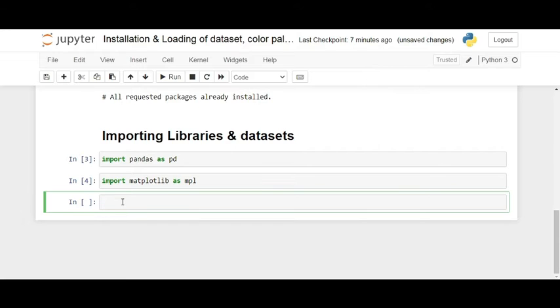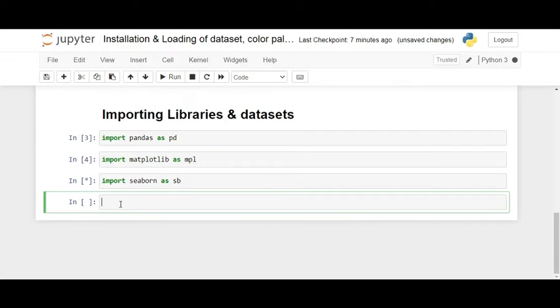We'll import the Seaborn library. That is our third one: import seaborn as sns and run the cell. So this is importing the required libraries: pandas, matplotlib, and the seaborn library we have imported now.